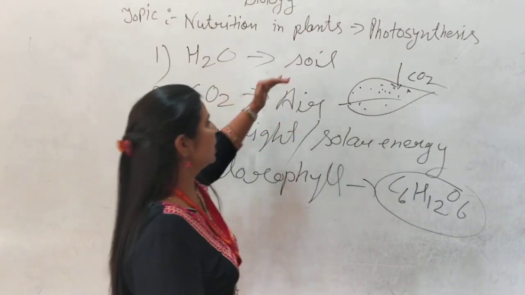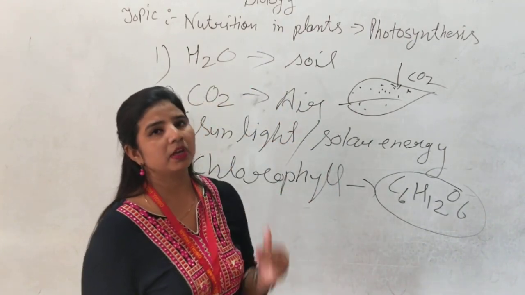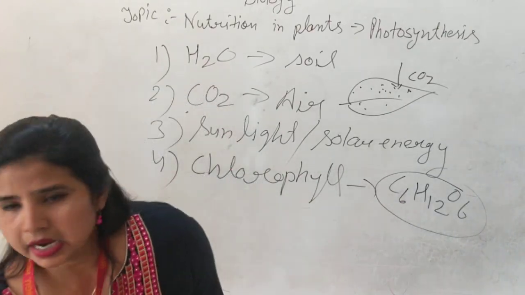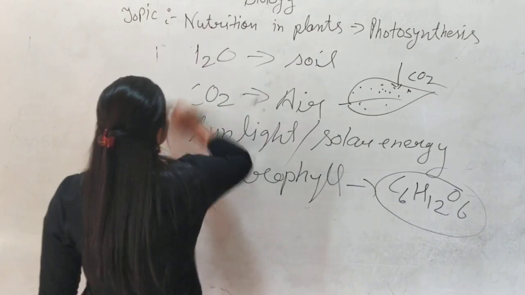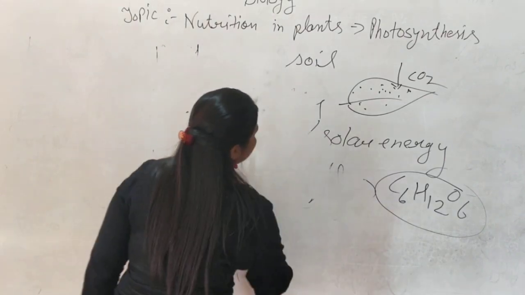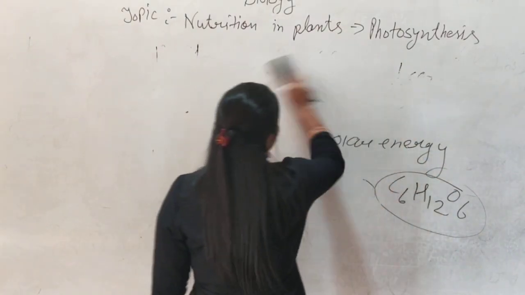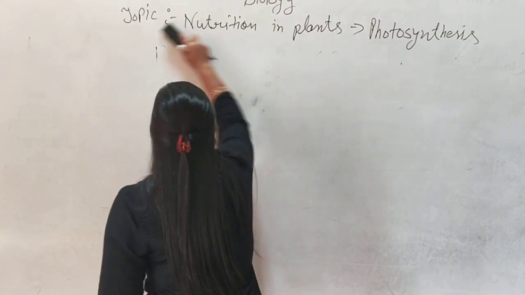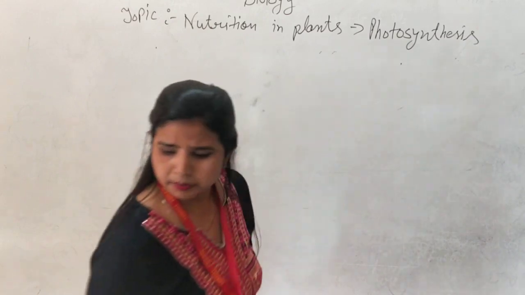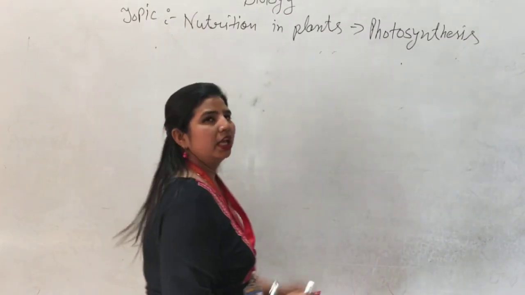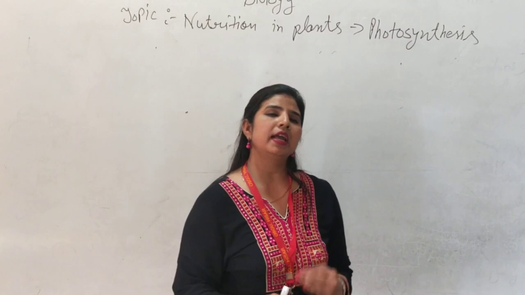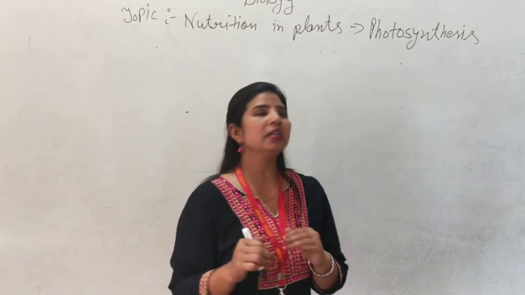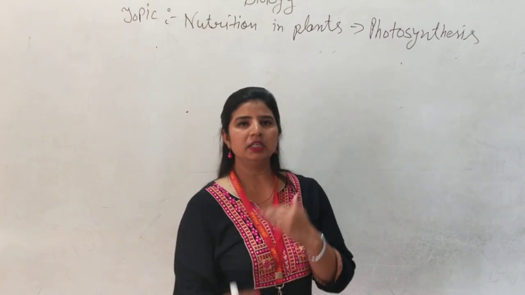So I hope you understood how the green plants prepare their own food. You can draw the diagram also. If you want to understand how you will test that the food is ready, meaning the green plants did the photosynthesis process, you can do an experiment for that. Take a potted plant and keep this potted plant under the sunlight. Take that type of plant whose leaves are patched. Patched means somewhere green, somewhere some other color.